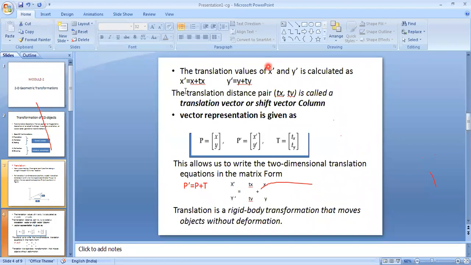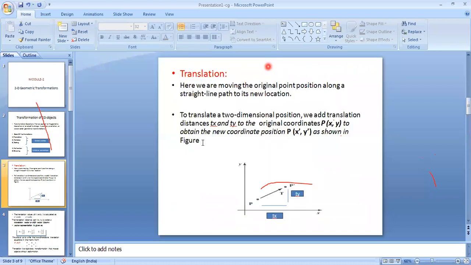And they will ask you to calculate the new translated point, that is coordinate x dash and y dash. Fine, right? So that is very clear with this slide. If I want to move this point from here to here, that means I need to change the x coordinate and y coordinate of this point. What change do I need to make to the x and y coordinates of point P so that it comes to P dash? It is nothing but the old x coordinate plus the movement along the x axis, tx,